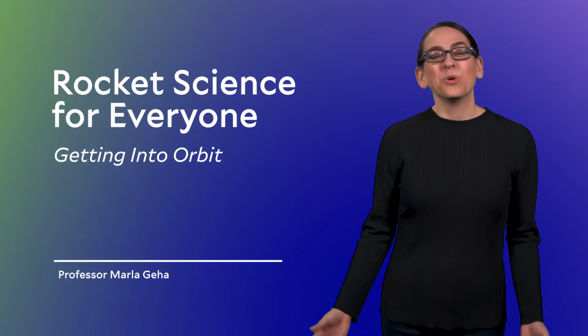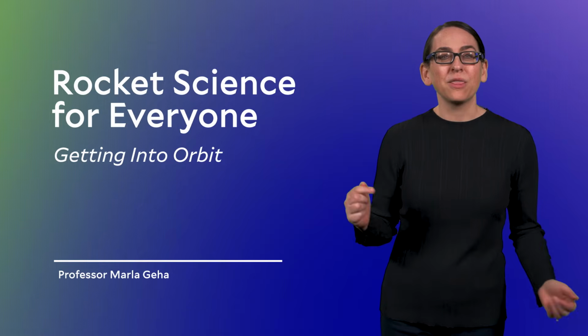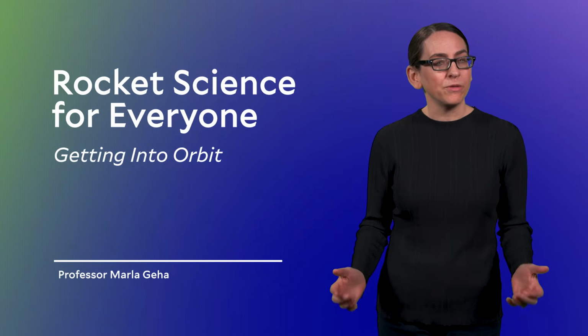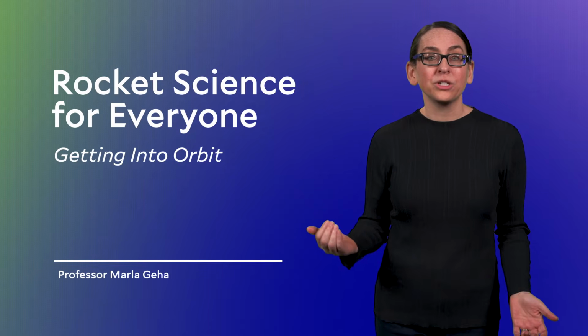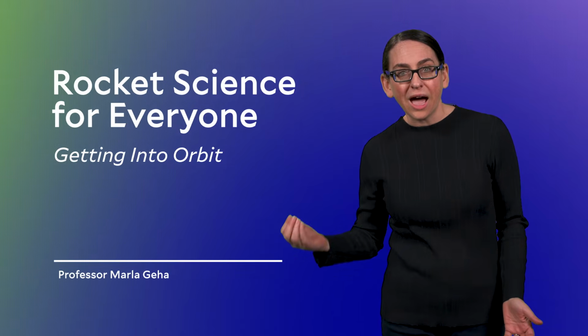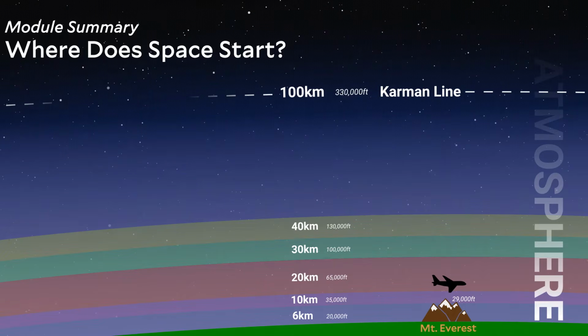Welcome back. So we return from our side quest looking at special types of orbits, and in this segment we will summarize what we've covered so far on where satellites orbit and transition into our next major topic, how satellites get into orbit. So we started this module by defining where space begins, the Karman line at 100 kilometers above the Earth's surface. And we discussed what it means to be in orbit.